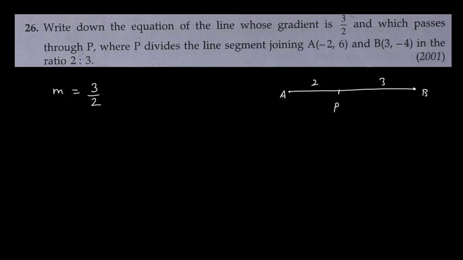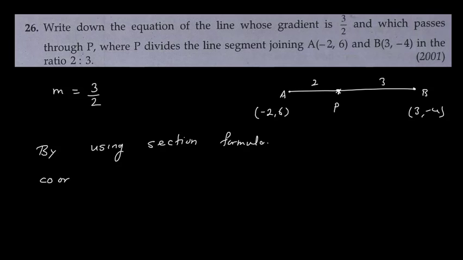So first we have to find the value of point P. Okay, so coordinate of point P we can find out by using section formula. Now point A is given as minus 2 comma 6, point B is given as 3 comma minus 4. So first we will say that by using section formula, the coordinate of point P